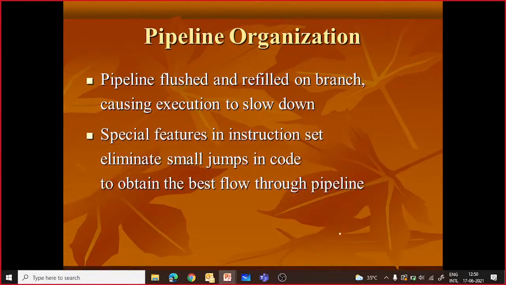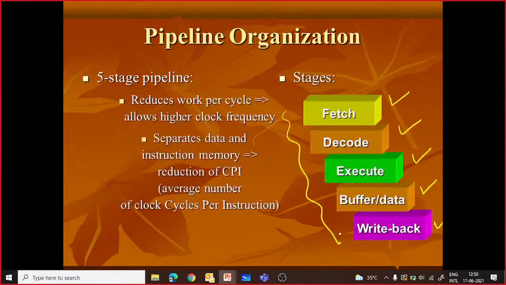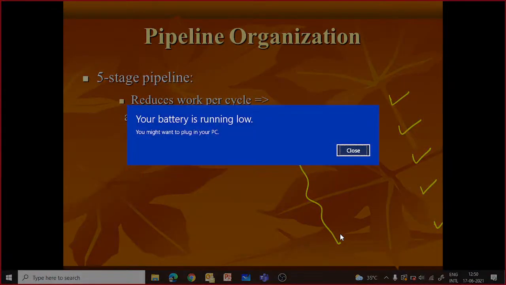The pipeline is flushed and refilled on a branch, causing execution to slow down. Now what will happen? This pipeline has one problem, right? If there is a branch instruction, then you have to flush the pipeline, because normally what happens,